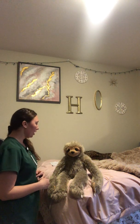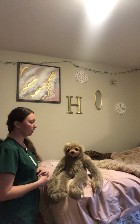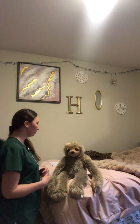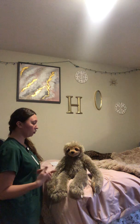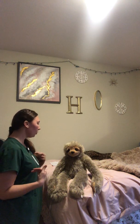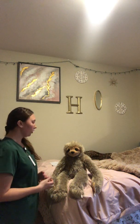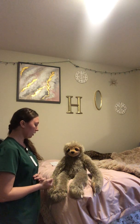My advice is surgery is usually the first option that patients go to when they feel a lump in their breast. A lumpectomy is a surgery that removes the tumor out of part of the breast, or you can get a mastectomy, which is removing both of the breasts. Usually people do the surgery first because